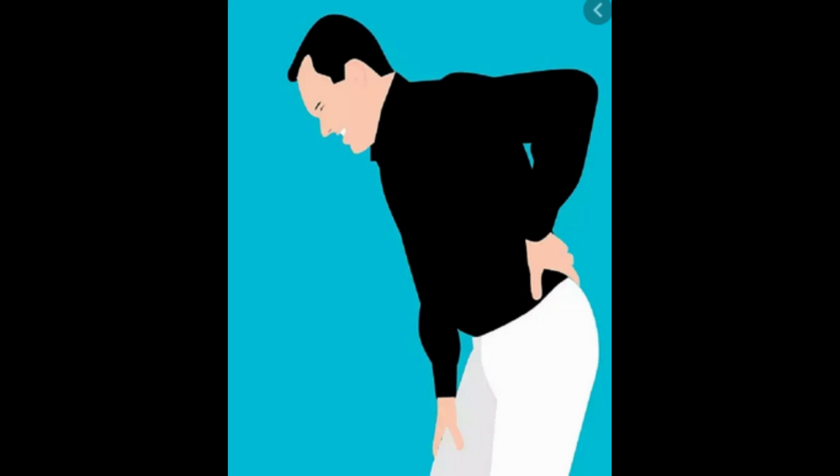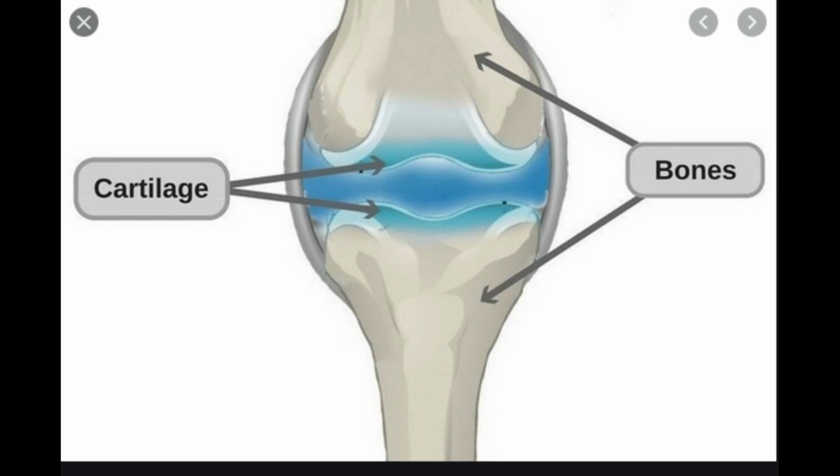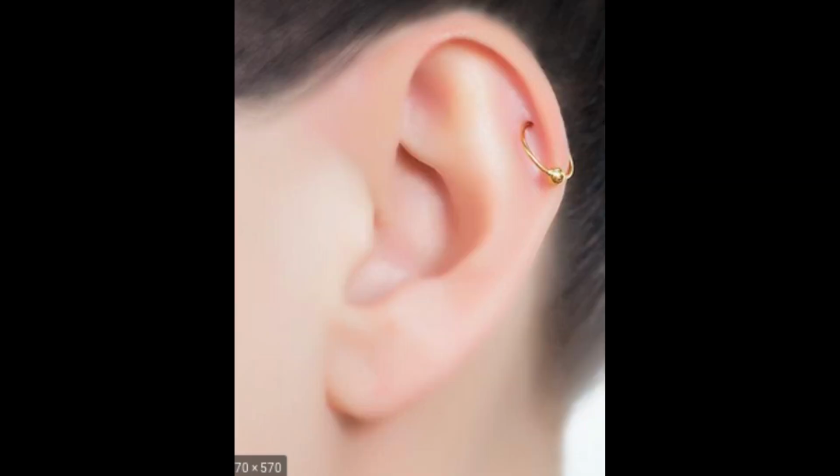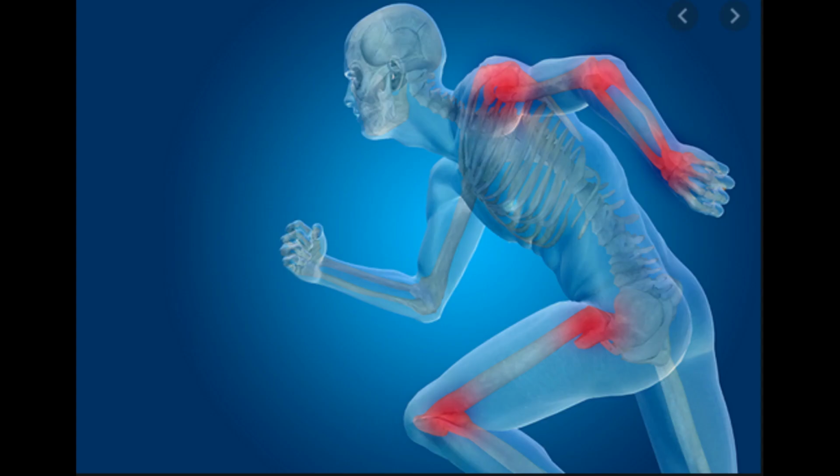In addition to bones, a special type of soft bone is seen in our body. These are called cartilage. Examples are the nose and the pinna of the ear. There are no bones found in the nose and pinna. Cartilage is seen there for shape and strength. Bones are connected together by joints and help us in various movements and actions. Joints help us to move, otherwise our movements would be like robots.